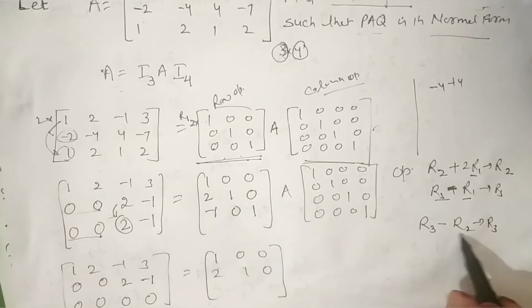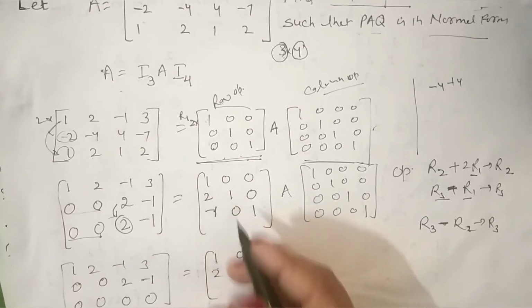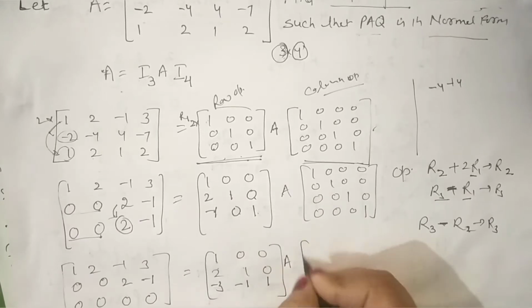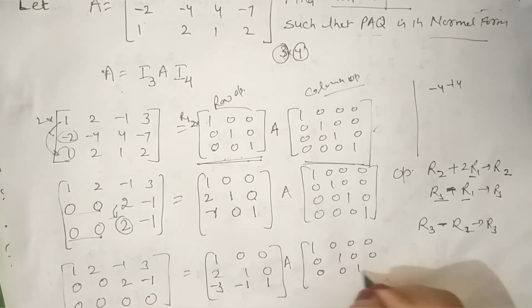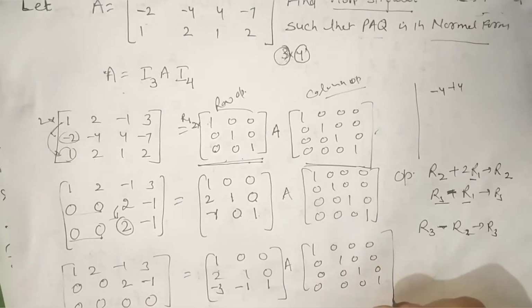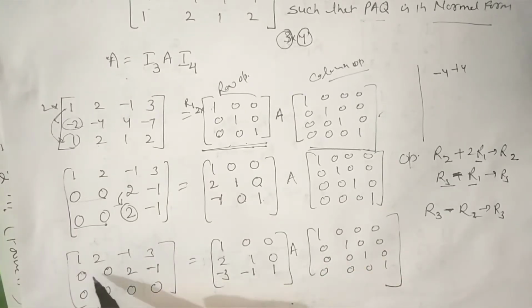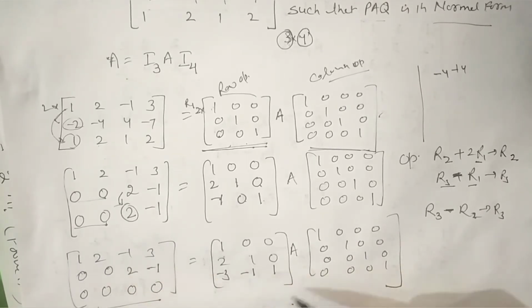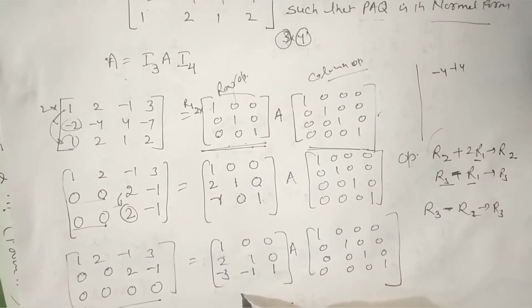So the third row minus second row. So minus 1 minus 2 will be minus 3, 0 minus 1 will be minus 1, 1 minus 0 is 1. So all the other things are unchanged. Up to this we have done so far, making zeros more in the next row, and the same operation is done on the matrices on the other hand. Because we are using row operation, the row operation will be done on the first matrix.